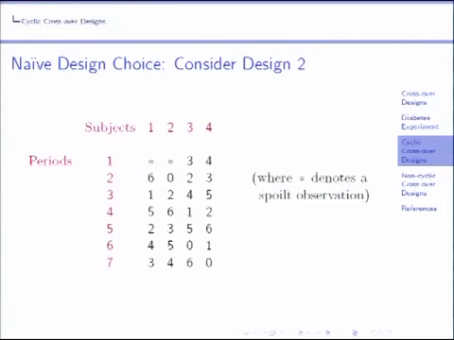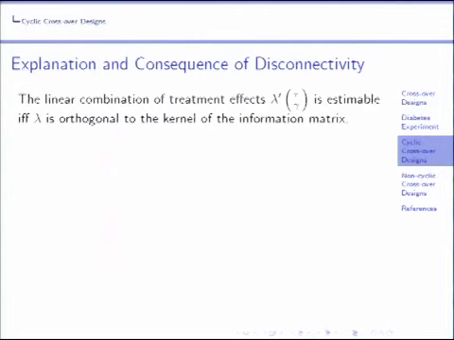If we look at the second design, then in fact if you lose any 2 observations in the first period, then your design is disconnected. And I've just put 2 asterisks there to indicate a possible set of 2 observations that when you lose them, your design is disconnected. So those 2 observations are spoiled. Now, what does that mean? Why is that disconnected, and what's the consequence in the case for that design of it being disconnected? Well,